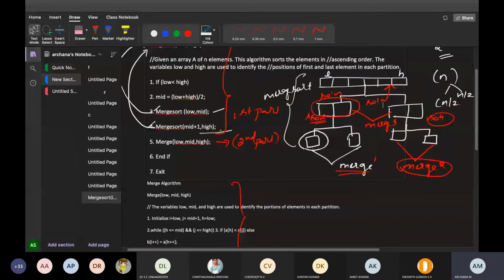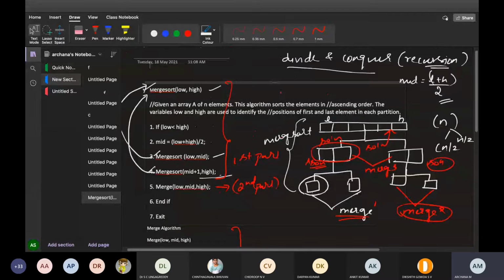Always see that whenever you have an algorithm, we will not write the entire code in the algorithm. Don't get confused over here. Look here, when this function is called, I'll come to the algorithm now. You can take an array, a comma low comma high, whatever the user wants. I am taking a comma low comma high. As soon as this first array is there, it will come here and check whether low is less than or equal to high.